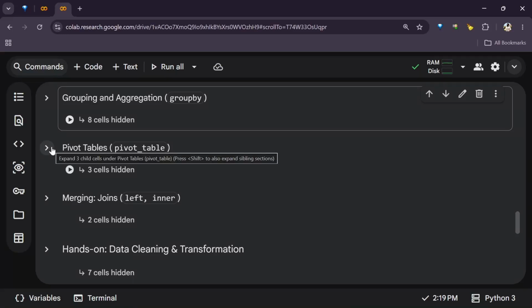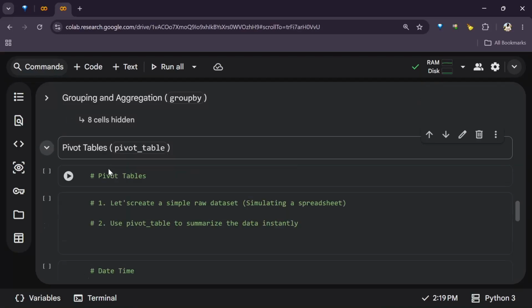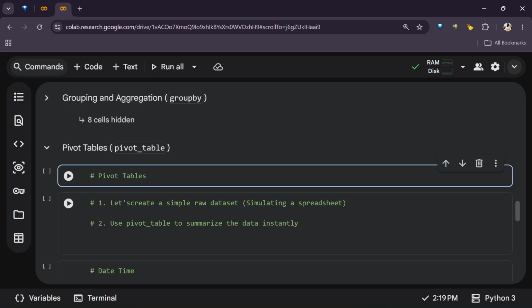So let's look at pivot tables in Python. How does that sound? The first thing is, let's create